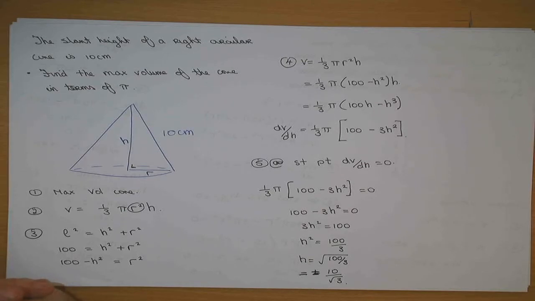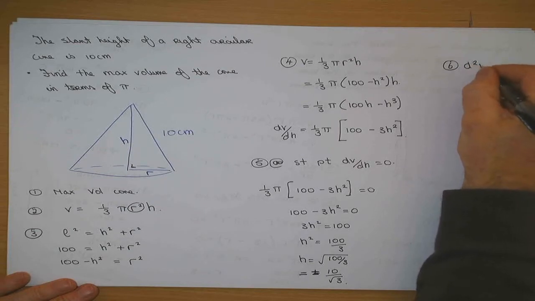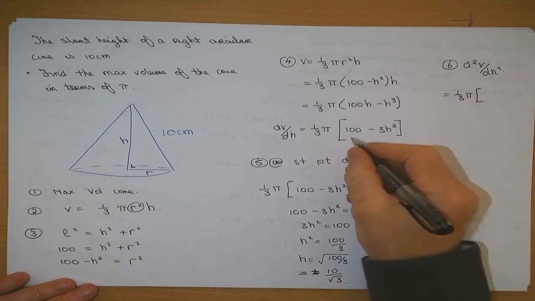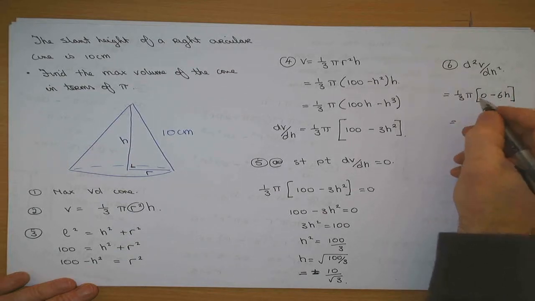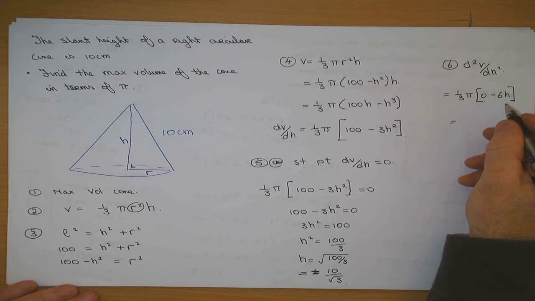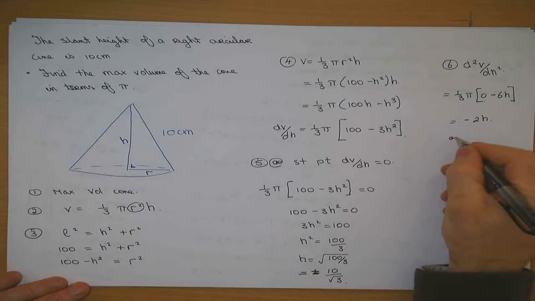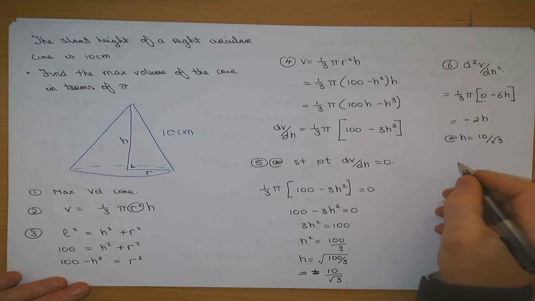Is that all right? Now, I have to prove that that's a maximum, so I must get d squared V by dh squared, which is 1/3 pi outside it. Differentiate the 100, 0, minus 6h, that's correct. So the 6 will go with that, it's minus 2h. So I know that at h equal to 10 over root 3,